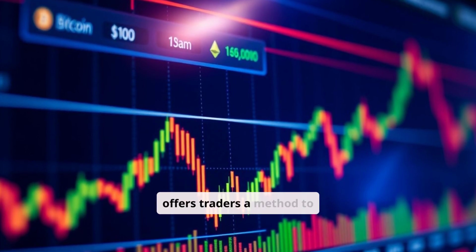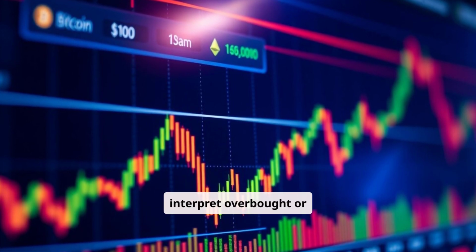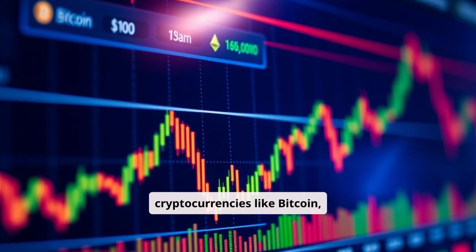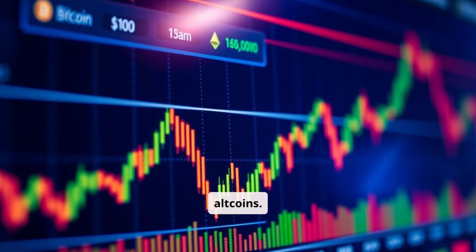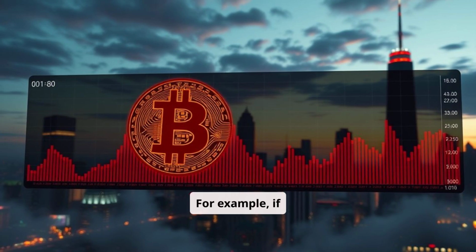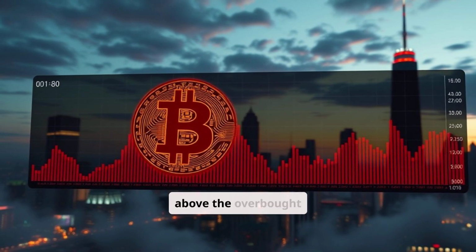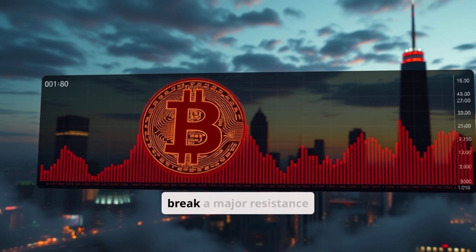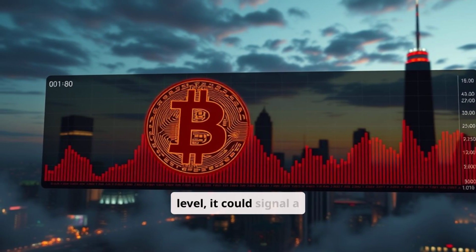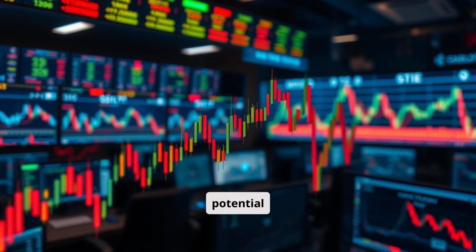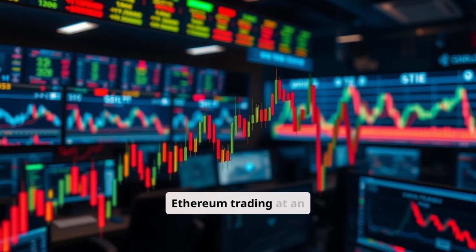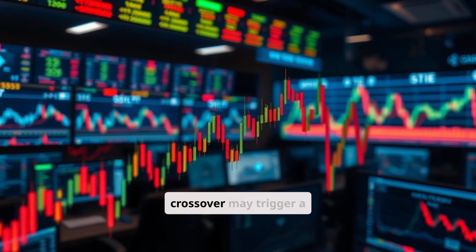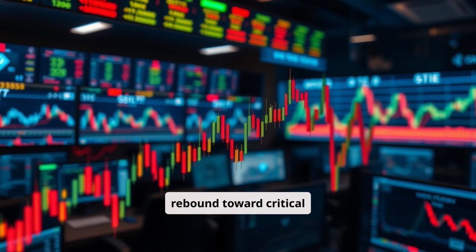Stochastics offers traders a method to interpret overbought or oversold conditions in high-momentum cryptocurrencies like Bitcoin, Ethereum, and other altcoins. For example, if Bitcoin's stochastics hovers above the overbought range, 80, for extended periods, yet fails to break a major resistance level, it could signal a potential sell-off. Similarly, Ethereum trading at an oversold level below 20, followed by a bullish crossover, may trigger a rebound toward critical